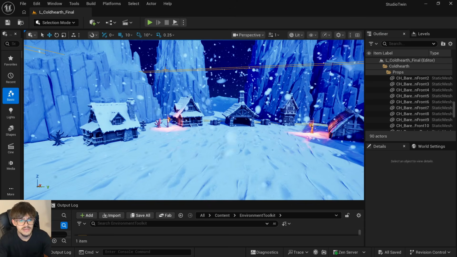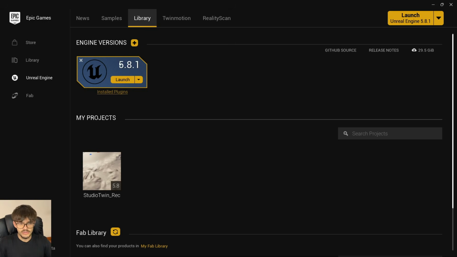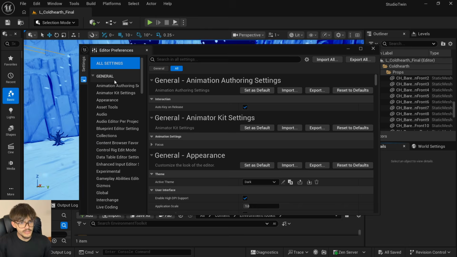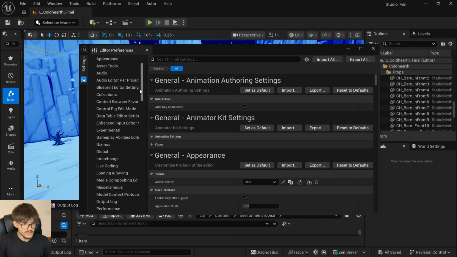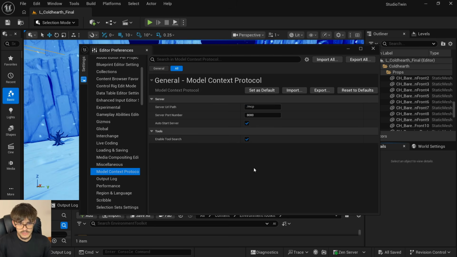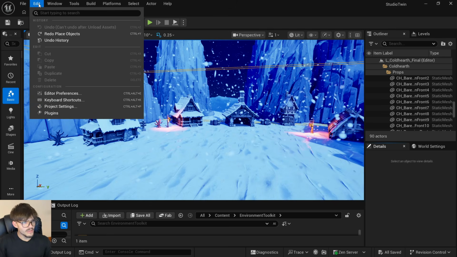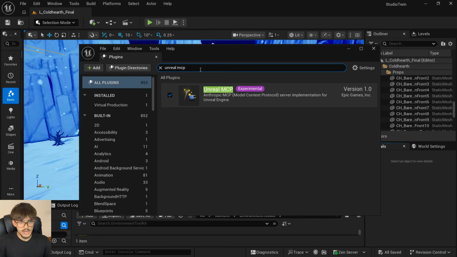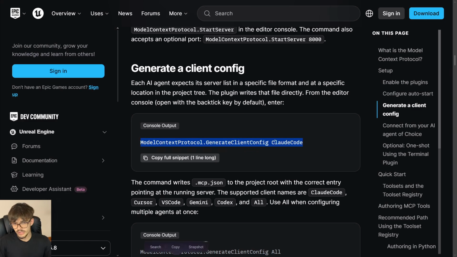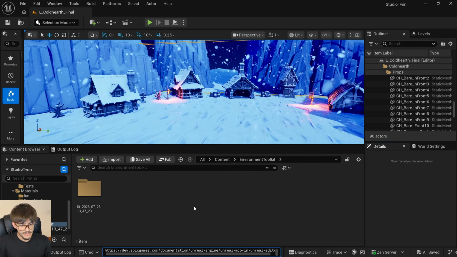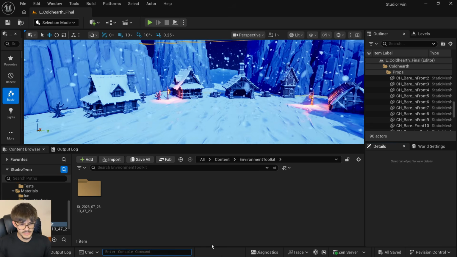So for this you need to install the official Unreal Engine MCP. First of all, make sure that you are using Unreal Engine 5.8, then open up Edit, Editor Preferences. Here in General, we need to scroll down a little bit until we find Model Context Protocol and enable Auto Start Server, just to make sure the MCP is always available. But actually, before doing that, you will need to go to Edit, Plugins and look for Unreal MCP and enable it, okay? And then you will need to copy this command, and you can replace Claude Code with a different client. I'm going to be leaving a link to this in the description. And then we just need to paste it in over here, like this, hit enter, okay, and that